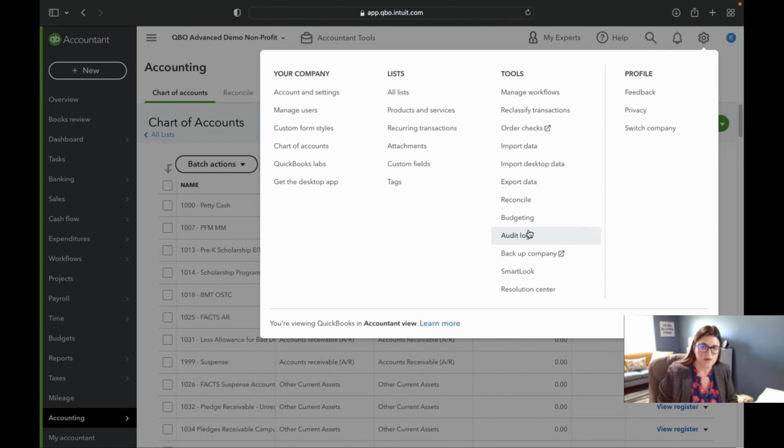Now, here's another thing I want to tell you. QuickBooks Online Advanced, if you're a goofball like me and sometimes you make mistakes and want to roll back, or you do actually blow up your actual file, you really want QuickBooks Online Advanced. It's the only one with a live backup, and that's right here. And the second you get this set up, you want to turn that on, okay?